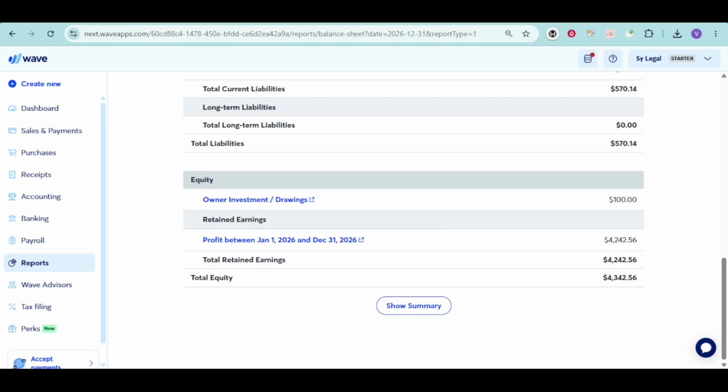That's it! You've successfully accessed and configured your balance sheet in Wave Accounting. This document is an invaluable tool for analyzing your financial health and planning future business strategies. If you need a physical copy, you can easily export the report to a PDF or Excel file for printing or sharing with stakeholders. I hope this step-by-step guide has made it easier for you to navigate Wave Accounting and access your balance sheet. Remember, regularly reviewing your balance sheet is a best practice for understanding your financial position and